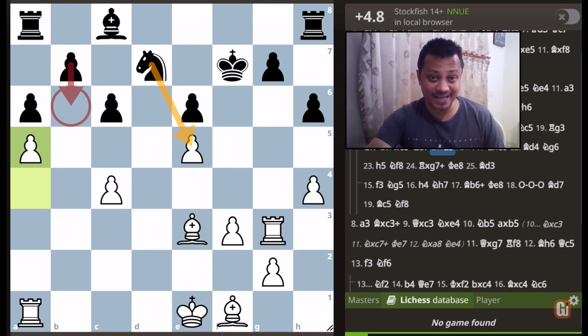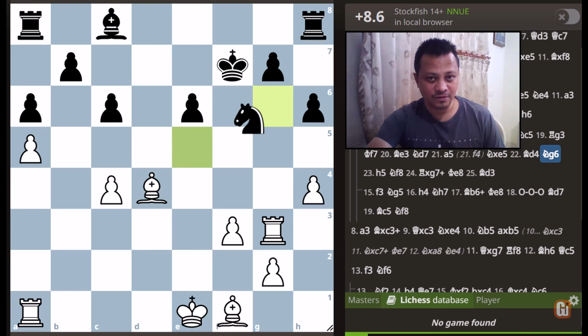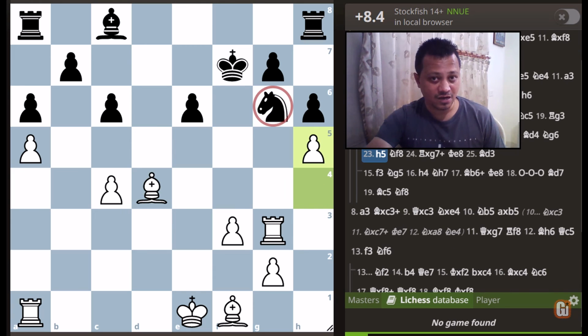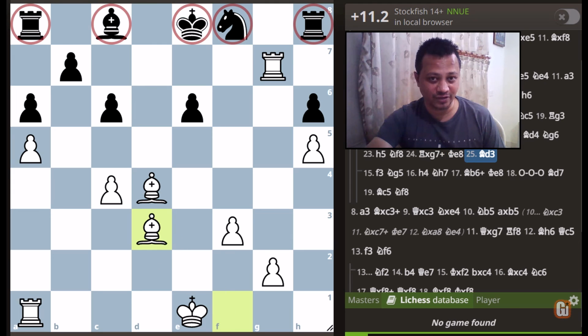Well, I think black is already frustrated in this position as he continues with knight captures e5, a big blunder, as after this, white instantly gets a completely winning position, and that starts with bishop to e5, knight to g6, h5, knight to f8, rook captures g7, whereupon after king to e8 and bishop to d3,